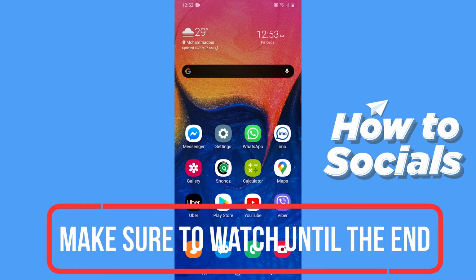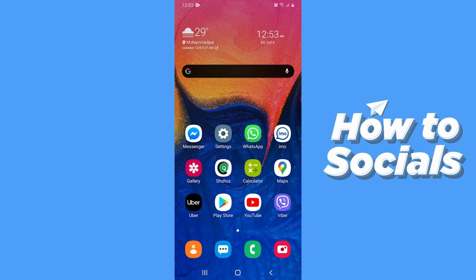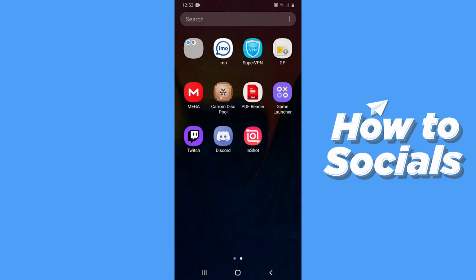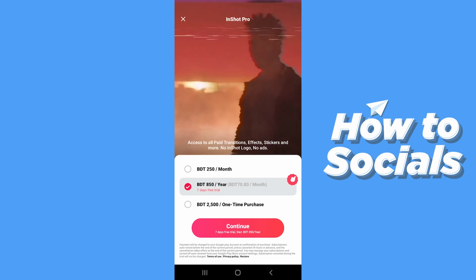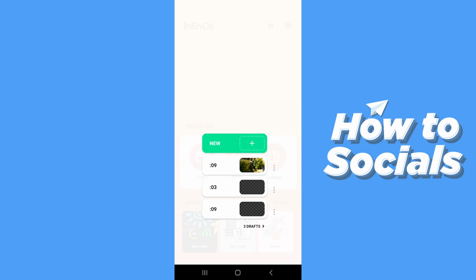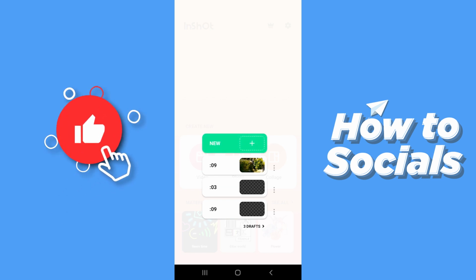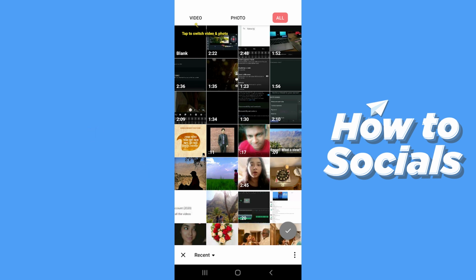In this video I'm going to show you how to zoom in on Inshot editing app. So let's start. First open the Inshot editing app. Now tap on video and tap on new. Now select the video footage you want to edit